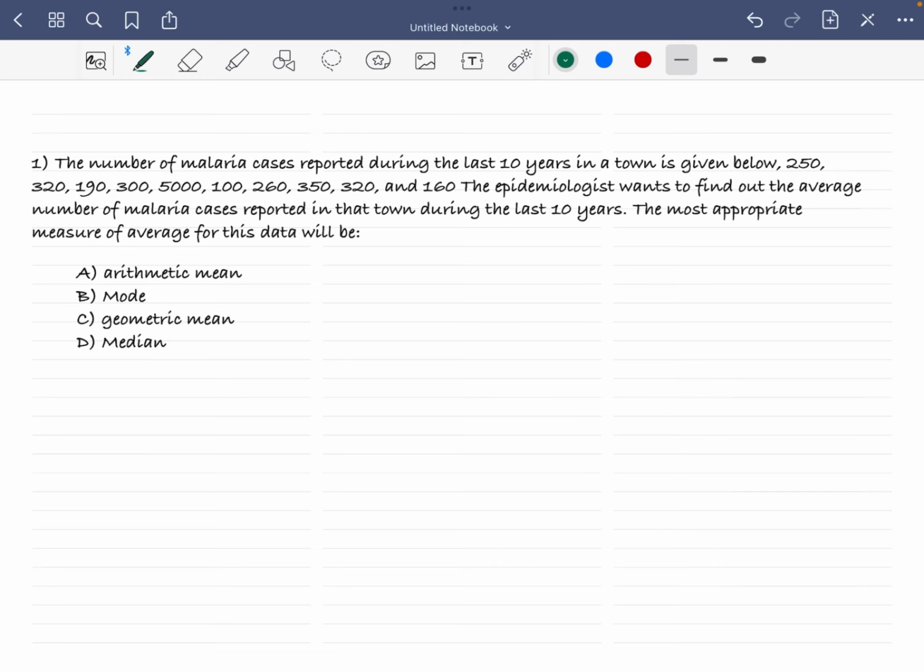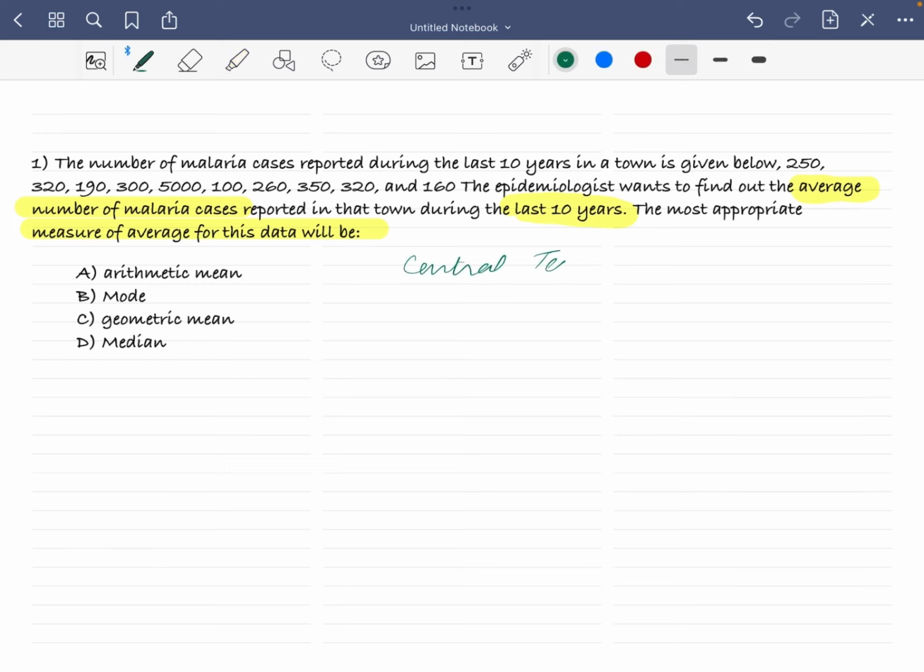So it's the first question. In this, the actual number of malaria cases reported during the last 10 years in a town is given below: 250, 320, 190, 300, 5000, 100, 260, 350, and so on. And they want us to find out the average. Just make sure this is the average number of malaria cases reported in the town during the last 10 years. The most appropriate measure will be the, for the data. They want us to find out the